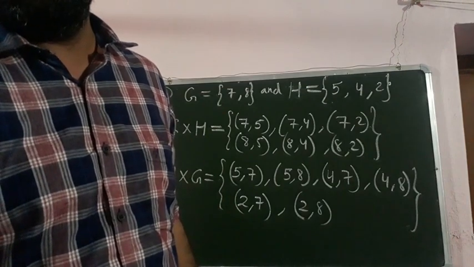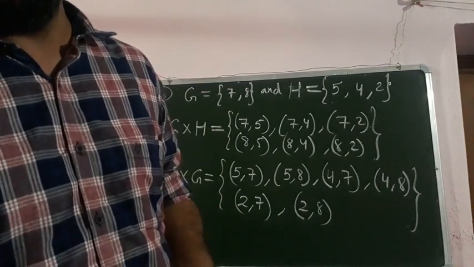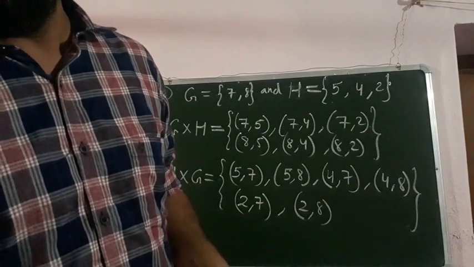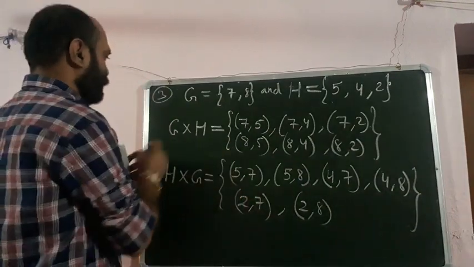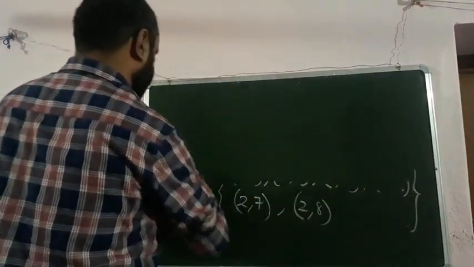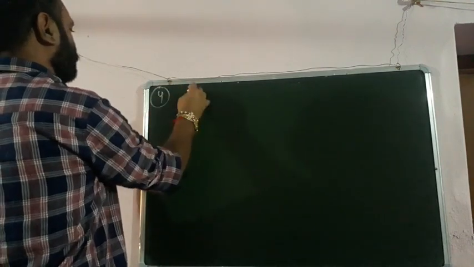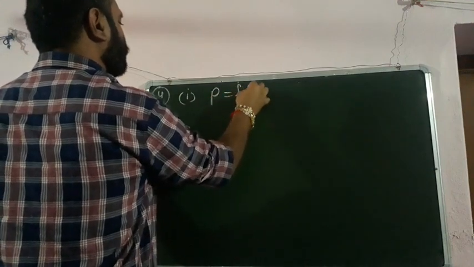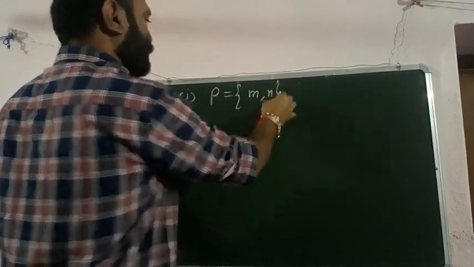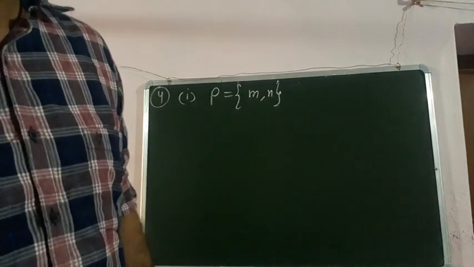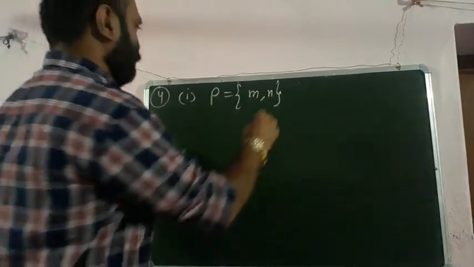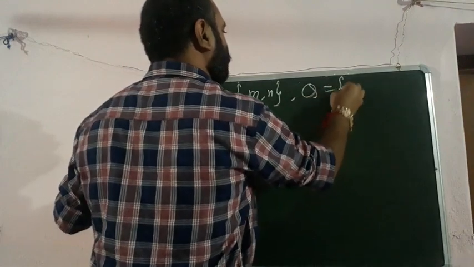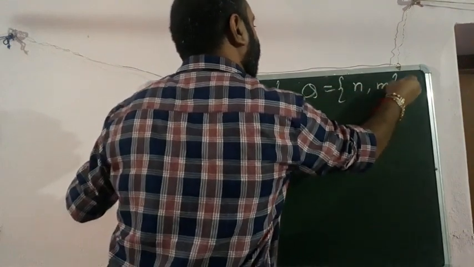The first statement is: if P = {m, n} and Q = {n, m}, then P cross Q equals...